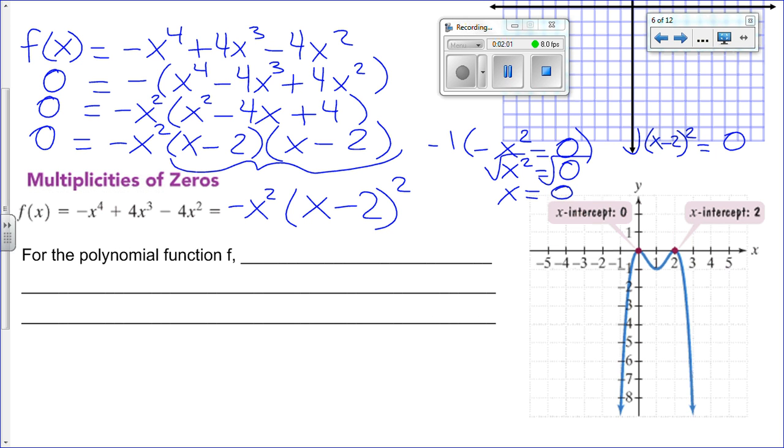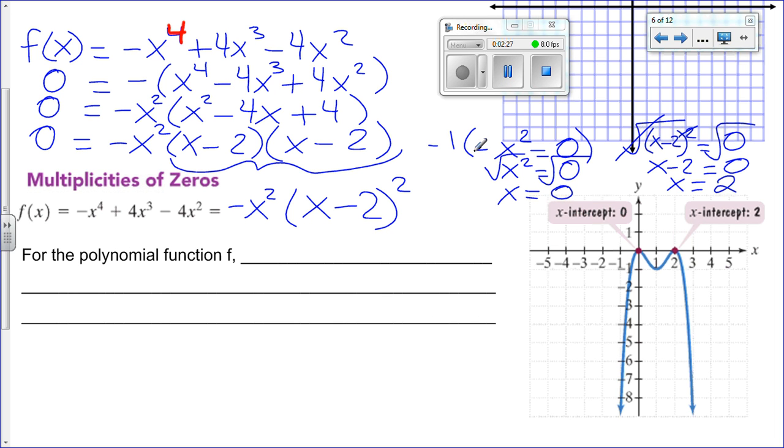Now, if we look at the other factor, x minus 2 squared is equal to 0. So we take the square root first, and that will cancel the square because they are inverse operations. So we get x minus 2 is equal to 0. And from here, we know that we need to add 2, or move the 2 to the right side. That will make it positive 2. Okay, so we only have 2 zeros, but we know that the degree of this polynomial is 4, right? So we could have